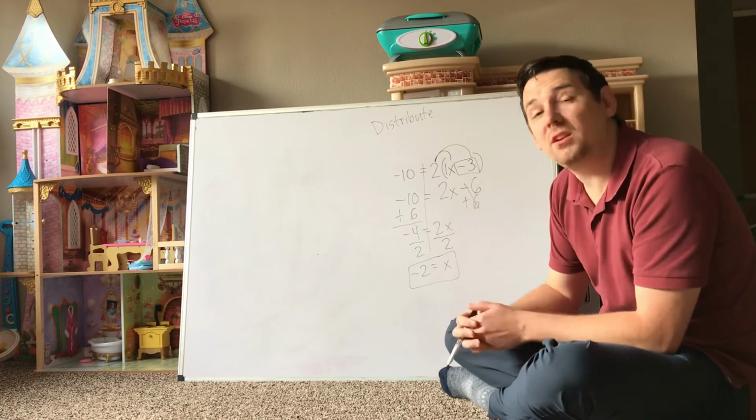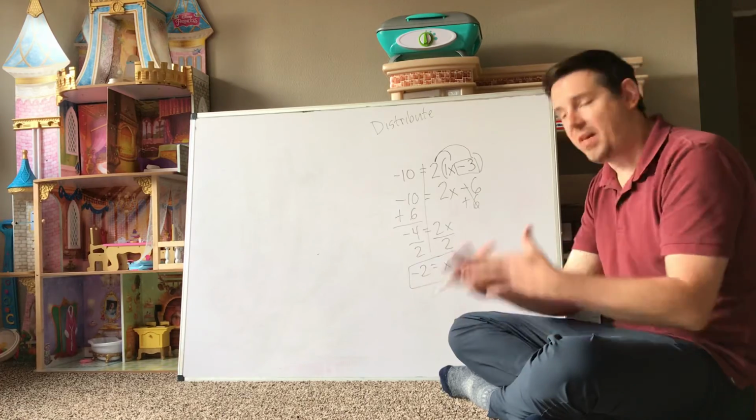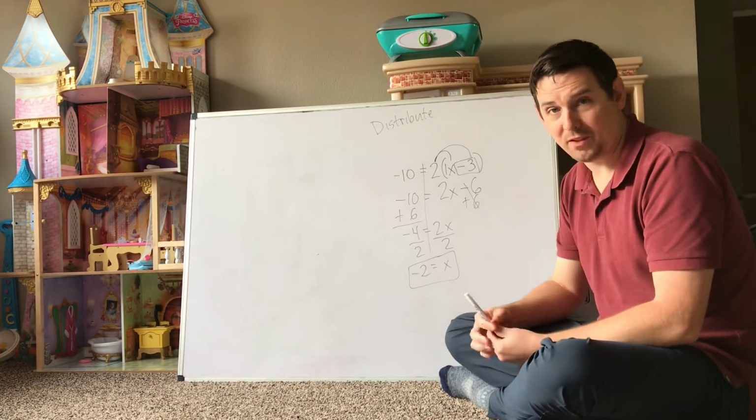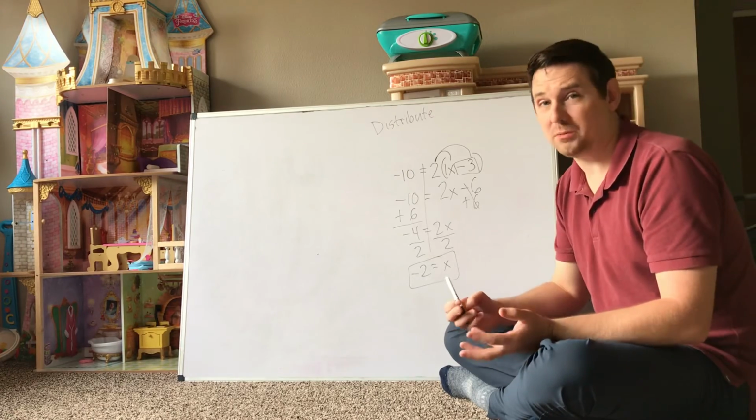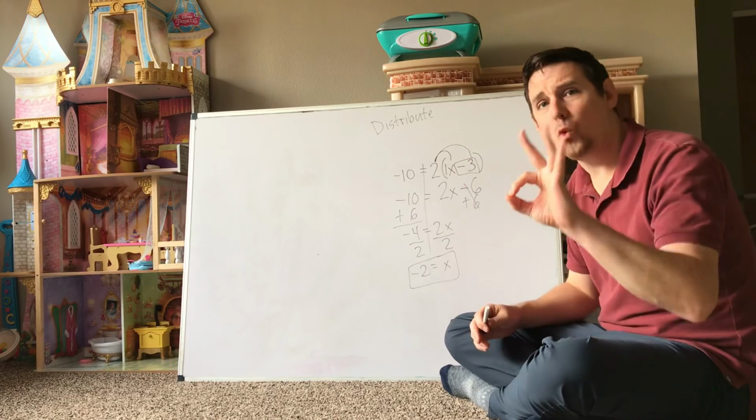So again, if you see distribute, generally speaking, you're going to want to multiply it out and then solve the two-step equation. Hopefully that helps. You'll have a little Google form. This is more important. The algebra is really important for 8th grade and high school. So understanding how to do this is quite